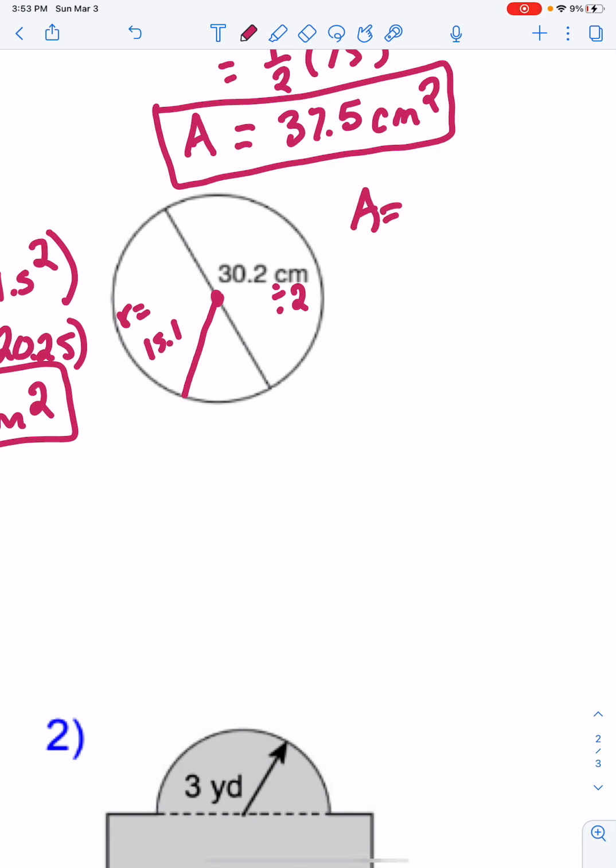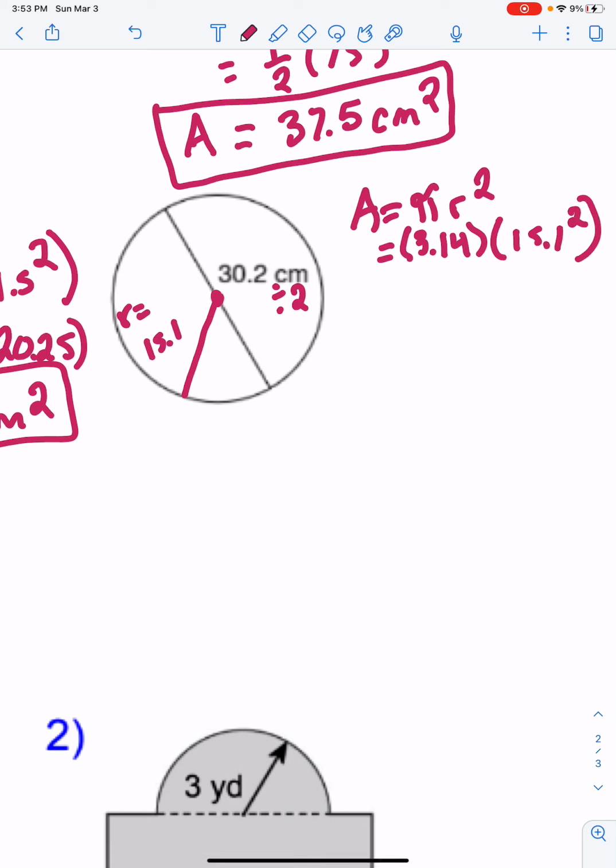All right, my formula, pi times the radius squared. We're going to replace these symbols with the numbers they represent. So pi is 3.14, and the radius we know is 15.1, and it's radius squared. So we're going to do 15.1 times itself. Don't do times 2. That's really tempting, but don't do it. We're going to do 15.1 times itself, and that gives us